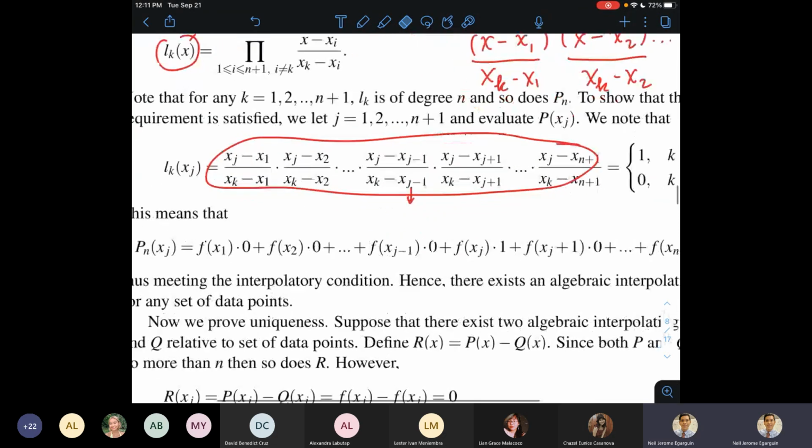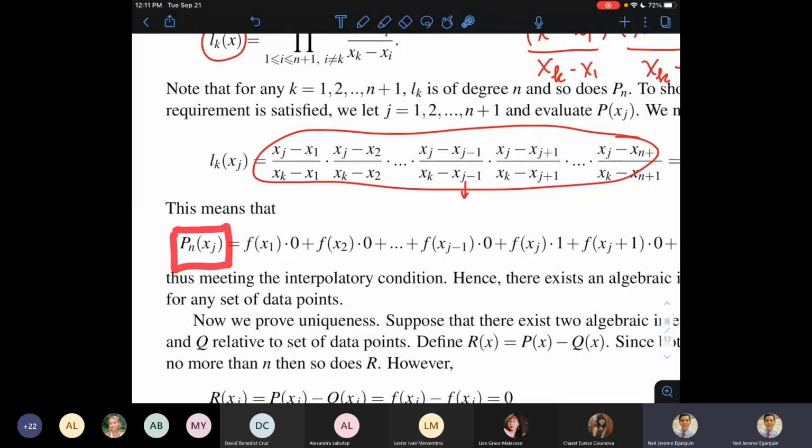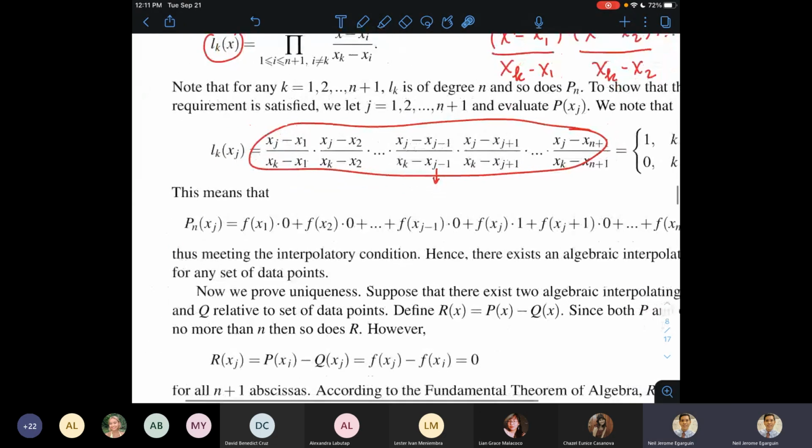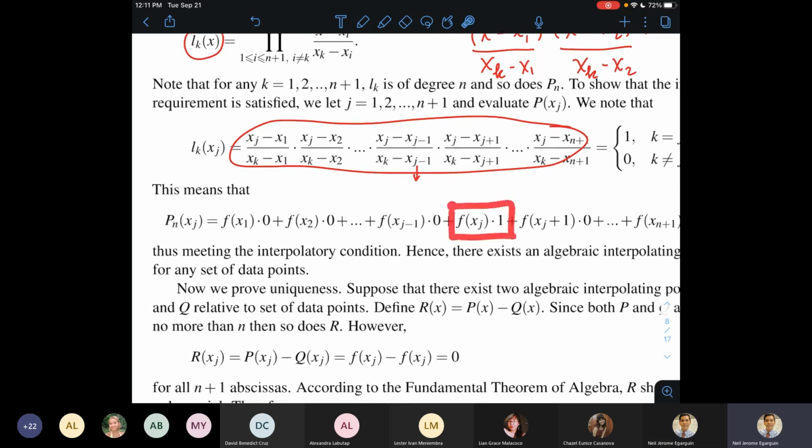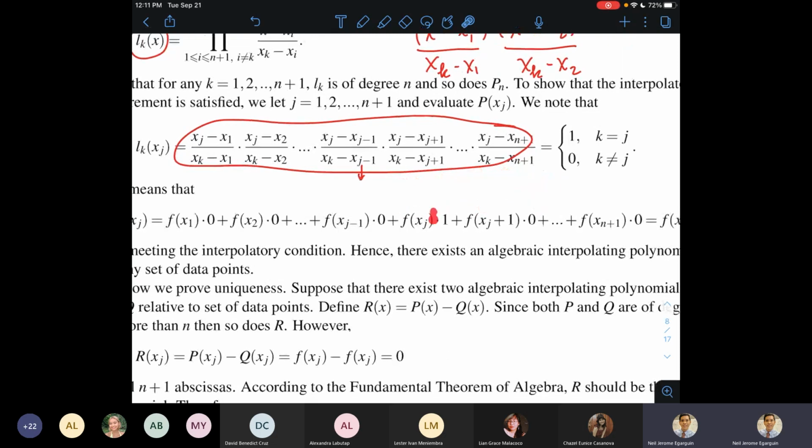When I plug in xj into p sub n, plug in ko lang siya. Kapag ka si j ay hindi equal kay k, ibig sabihin, magzi-zero yung Lagrange polynomial. So nasan ba si j? So nandito si j. Okay? So ito yung f of xj times the Lagrange j xj. Okay? At sabi natin kapag ka si k ay equal kay j, yung Lagrange polynomial ay 1, i-multiply ko lang